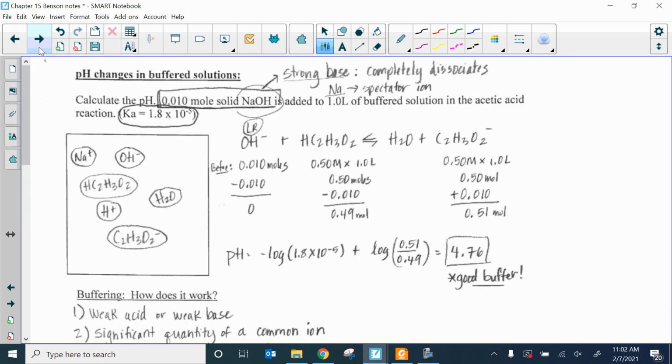Okay, so here's another one that we need to take a look at when it isn't a common ion that's being added. So I have the pH of 0.01 moles of solid NaOH. You can see that that's a strong base, so I know it completely dissociates, and my Na is a spectator ion. So when I look at my OH and I look at my original equation that I had,